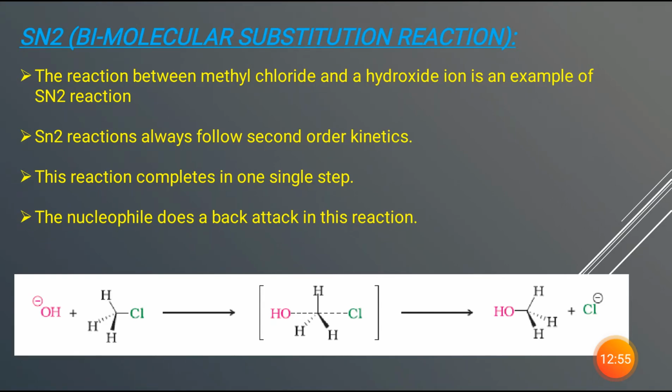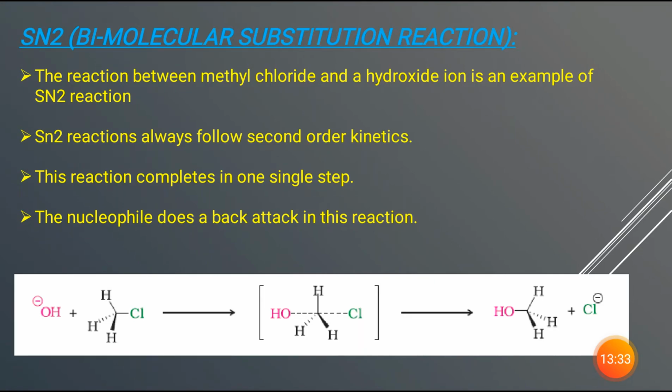Imagine in a room you are making 100 people sit. In another room you are adjusting 25 people. Obviously the first room where 100 people are sitting is more crowded, right? It's more congested. The same logic applies here. This carbon is very much crowded, that we call steric hindrance. Steric hindrance is more, so as a result, this OH minus will find it difficult to attack.